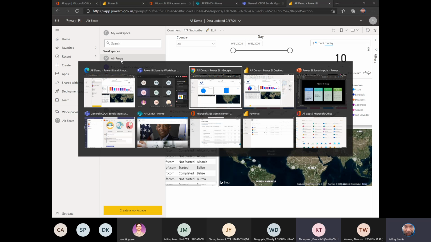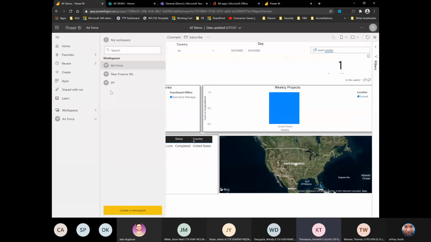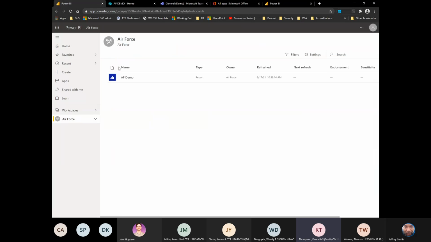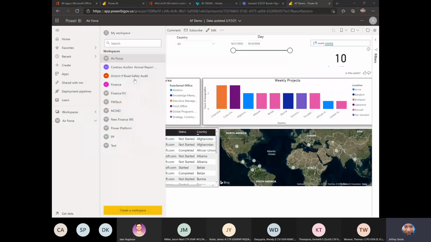Good question. It gives them permissions to the workspace, but it only allows them to see their report. Okay, so once that's done, where can you see where those permissions are being applied? Good question. So right now, let me just show you how that is. This person, Jeffrey, sees that one report. They have access to Air Force, but only can see that one report that's shared to them. All right. And then as an admin,